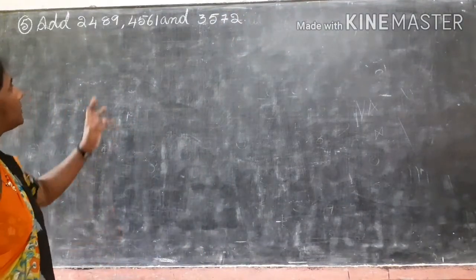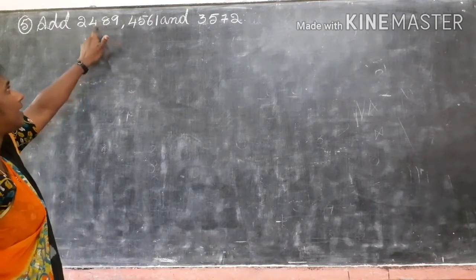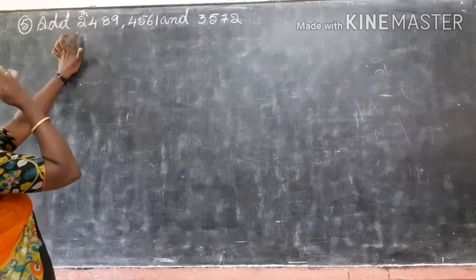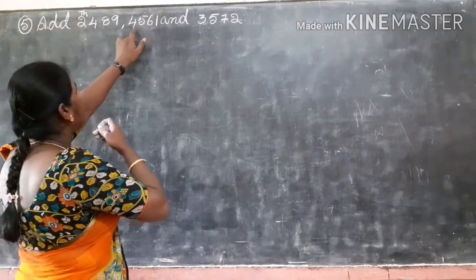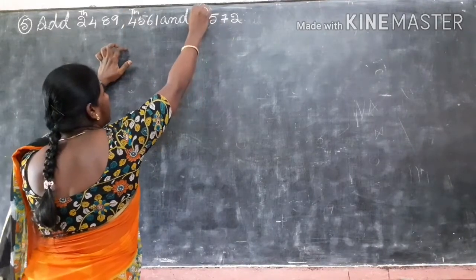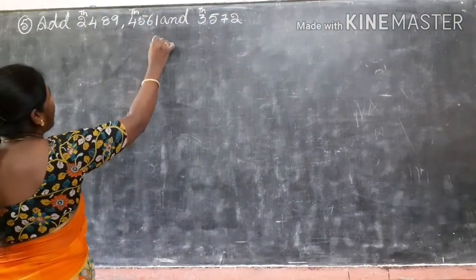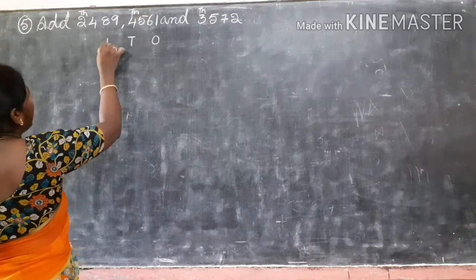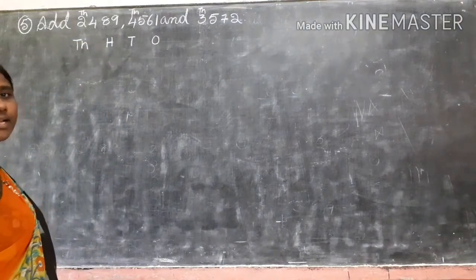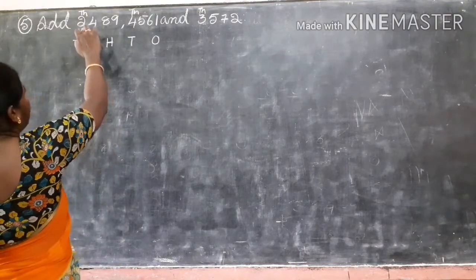Okay, here this one. Same, first what do we have to do? We have to write the place values. Ones, tens, hundreds, thousands. So the first digit is in which place? There too we have to start. Ones, tens, hundreds, thousands. Again, ones, tens, hundreds, thousands. So we have to write the place values up to thousands. So thousands place to we have to start.